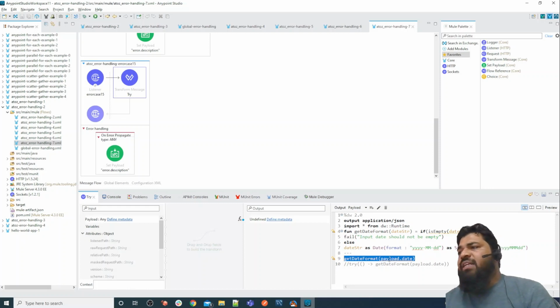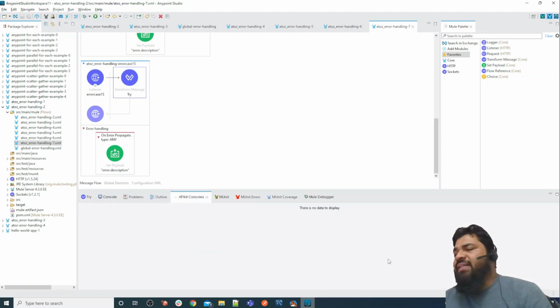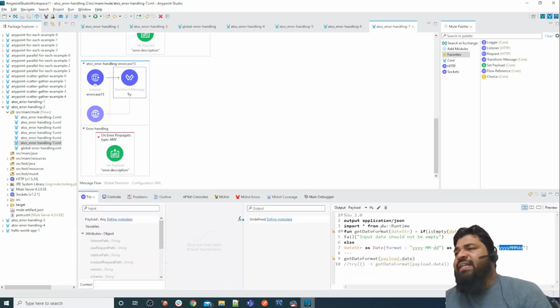Many times it happens that we are doing some date migration or date conversion, from YYMMDD to another format. But at some point, we are getting an error in DataWeave, because we are converting from date to string and this payload date is null. So this is null, that's why it is throwing an error.